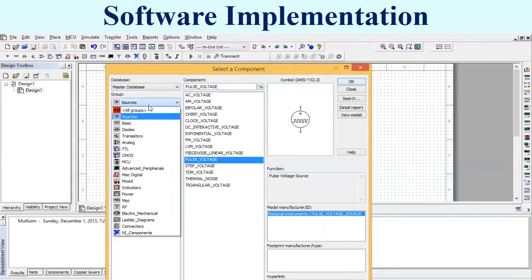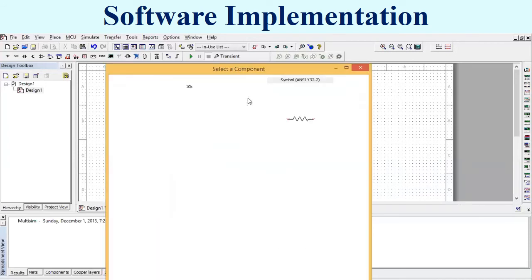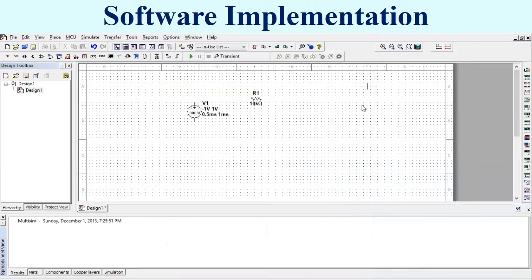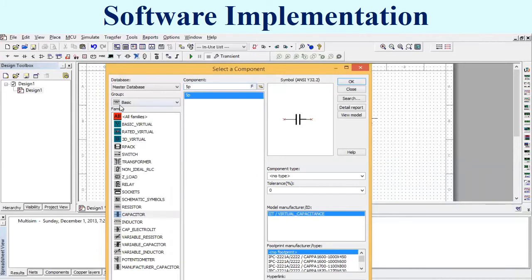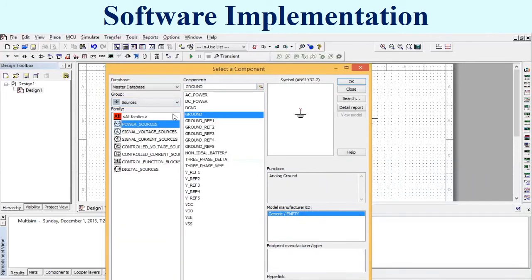Then go to the Basic section, pick a resistor of 10k ohms, pick a capacitor of 5 picofarad, and pick ground by going to Sources, then Power Sources, Ground, and click OK.